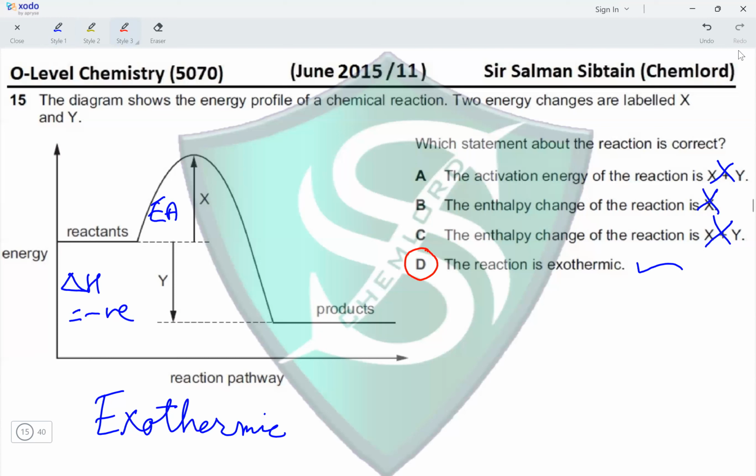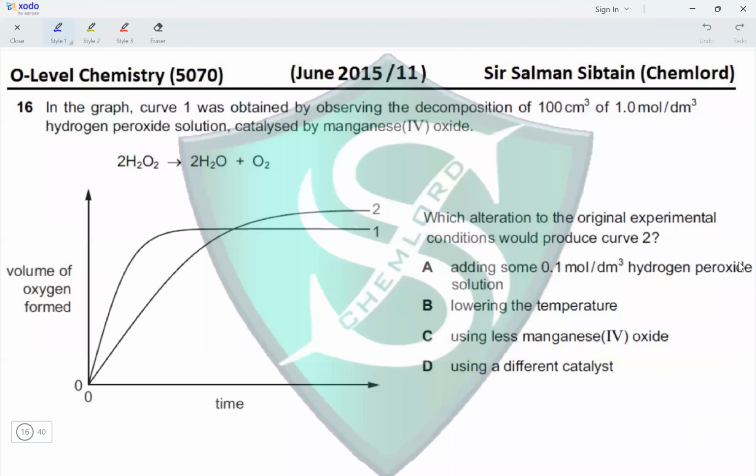Question 16. In the graph, curve 1 was obtained by observing the decomposition of 100 cm³ of 1 mole per dm³ hydrogen peroxide solution catalyzed by manganese(IV) oxide. Which alteration to the original experimental condition would produce curve 2? Since curve 2 has a greater volume of oxygen produced,